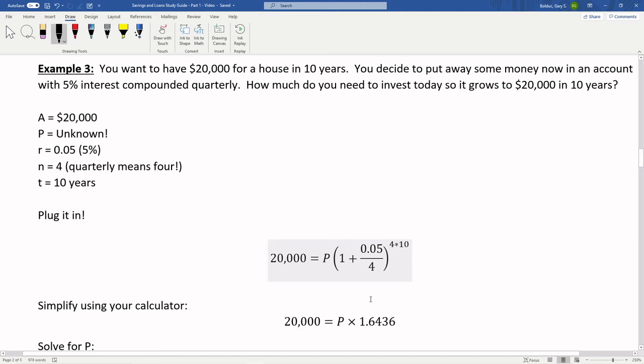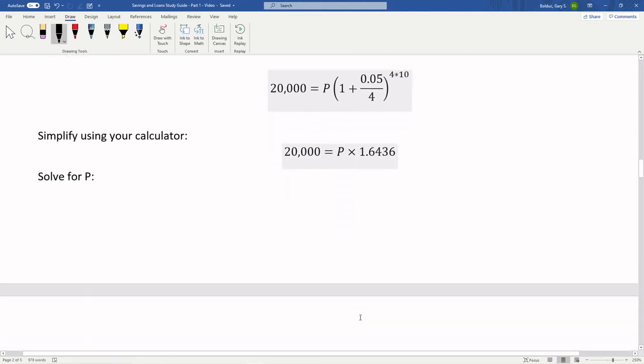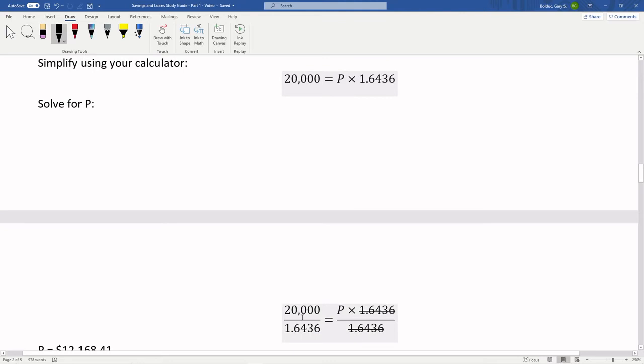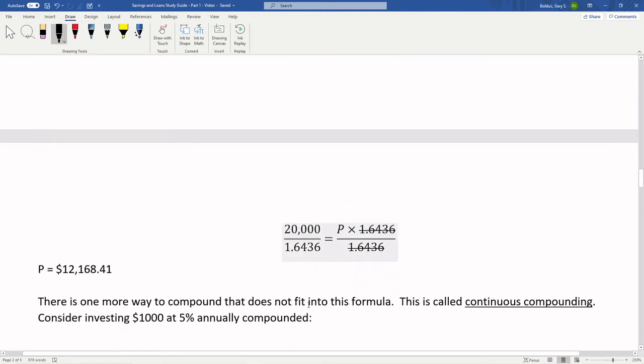I was about to say 100 times. Maybe it is 100 times. I'm not sure by this point how many problems we've done that have ended like this. Number equals unknown times the number, divide. So we're going to divide. And when we plug this into our calculator, we're going to get